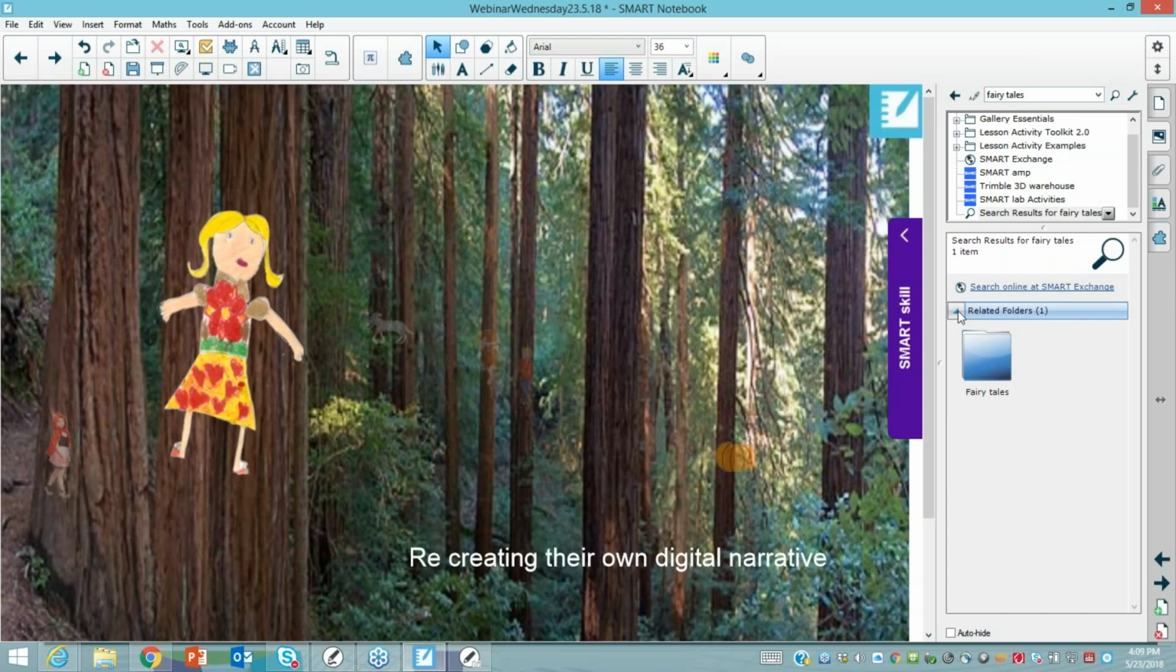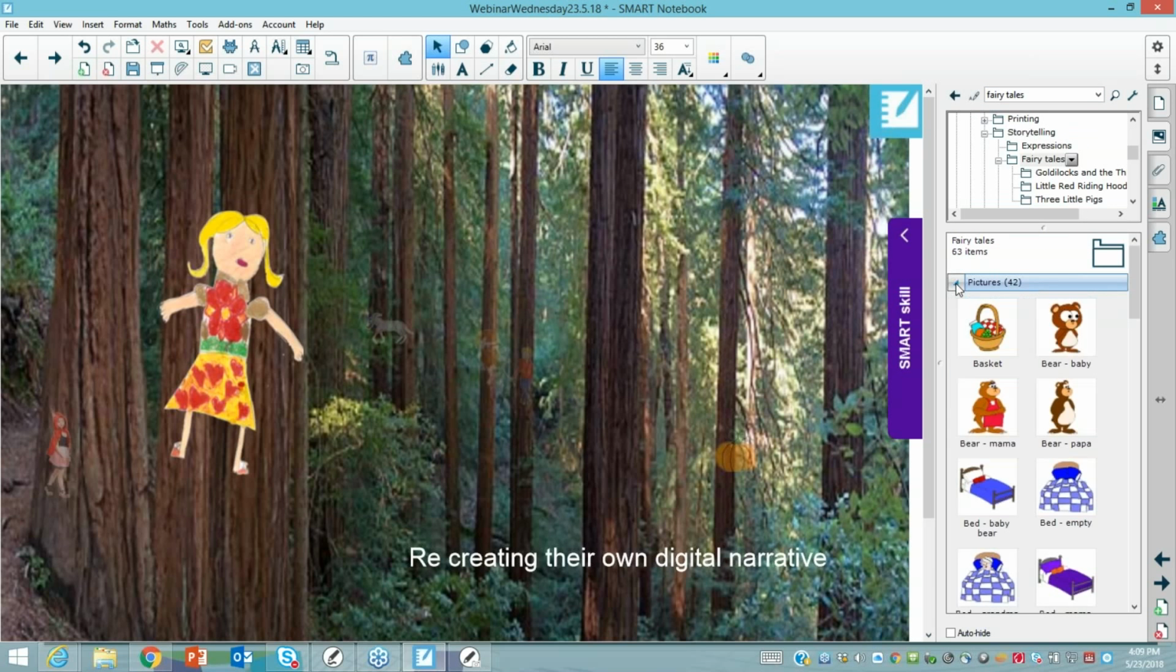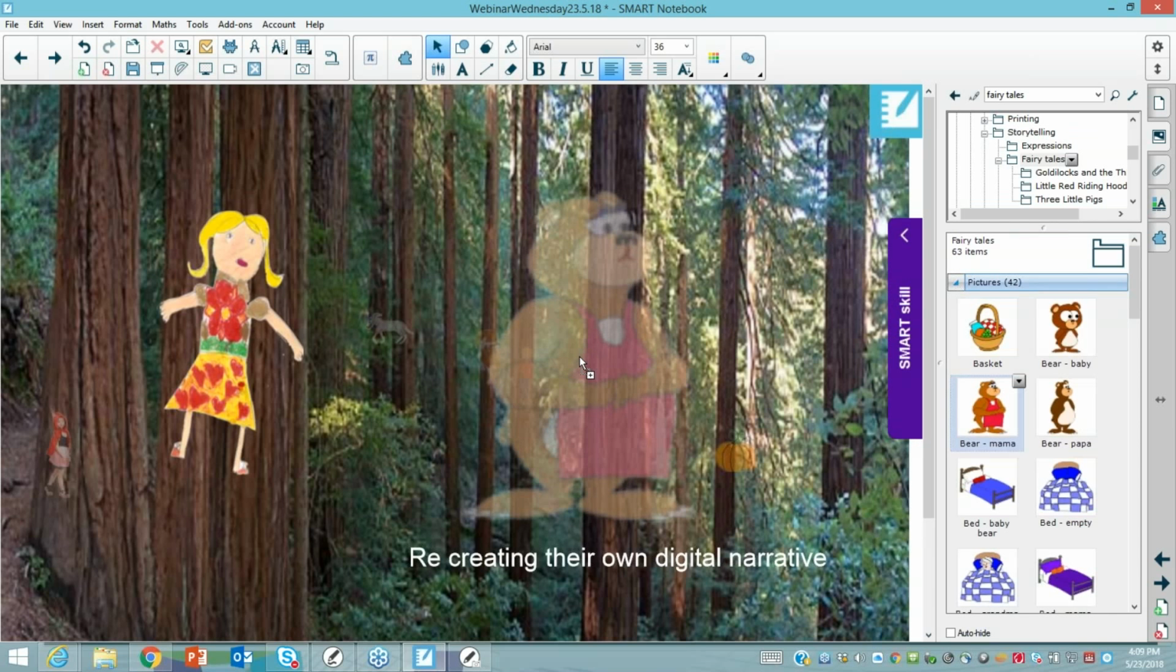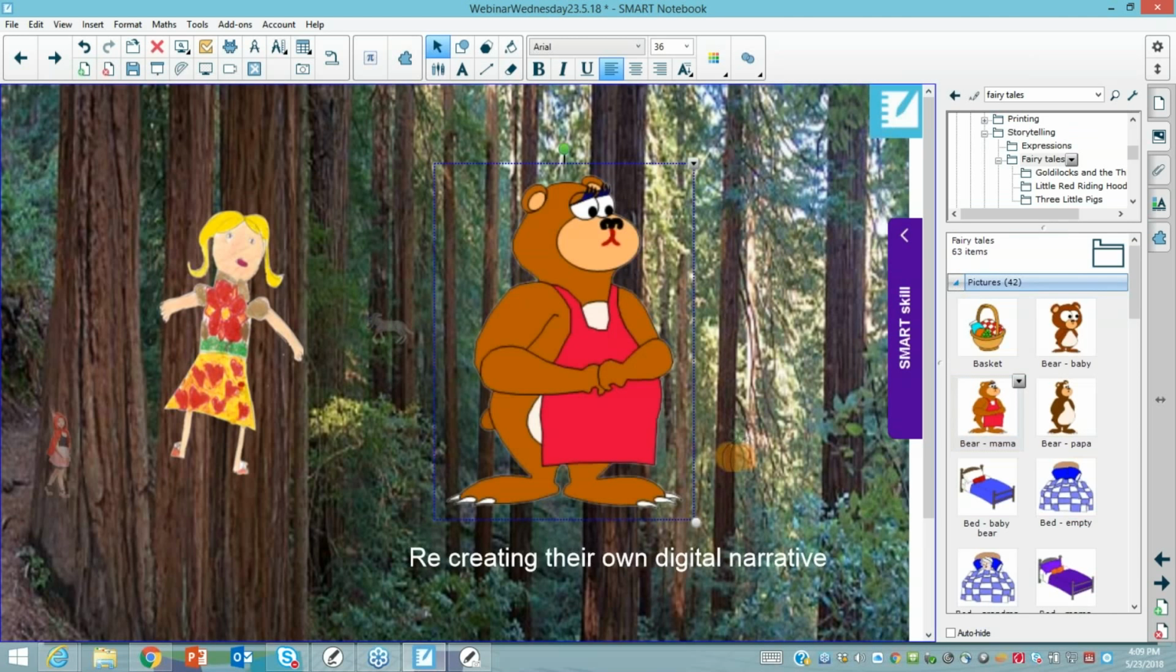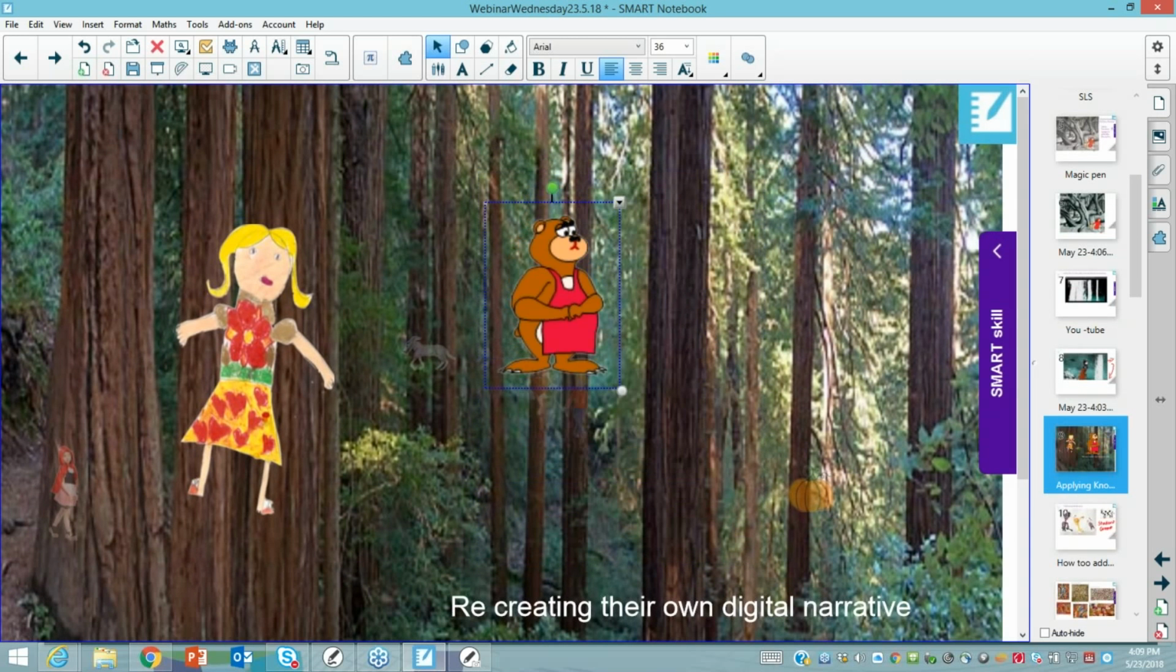and that folder is going to give me some fairy tale pictures, 42 pictures that I can use in my Smart Notebook software. So let's take Mama Bear, and Mama Bear is taken out of the gallery. I'm going to resize her, and I want to hide her so I can use my Spotlight tool to retell my digital narrative. At the moment, she looks pretty obvious in that picture, so I'd like to make her fade